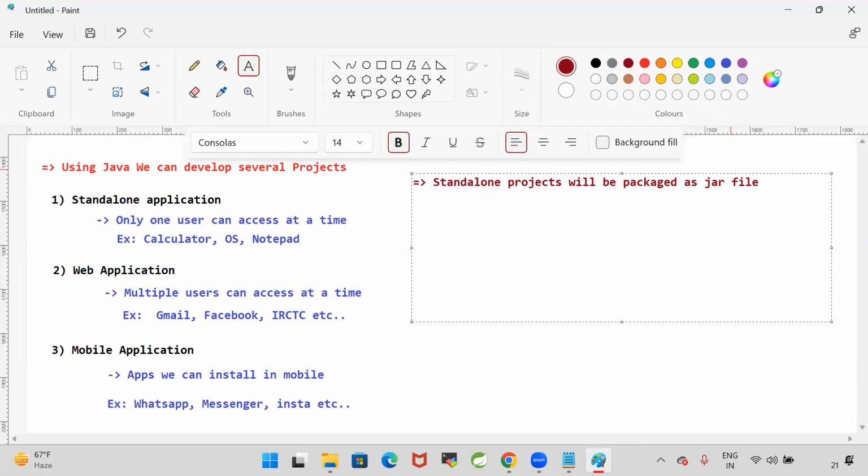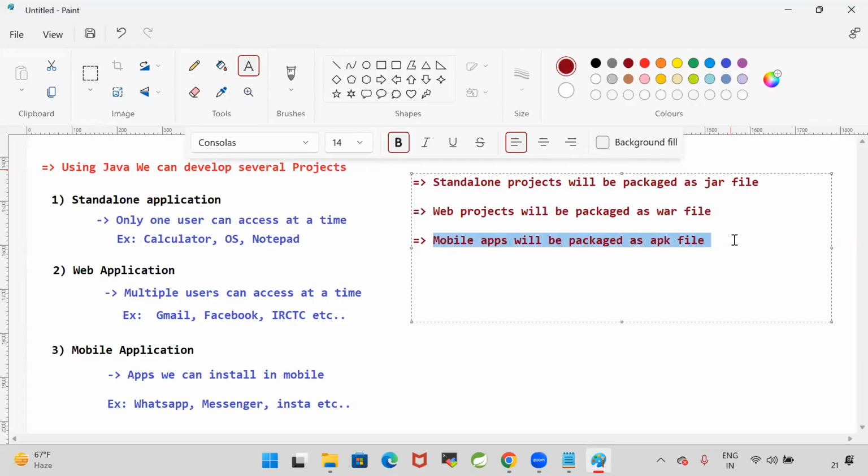Web projects will be packaged as a WAR file. Mobile applications will be packaged as an APK file. But nowadays people are not using Java directly to develop mobile applications,